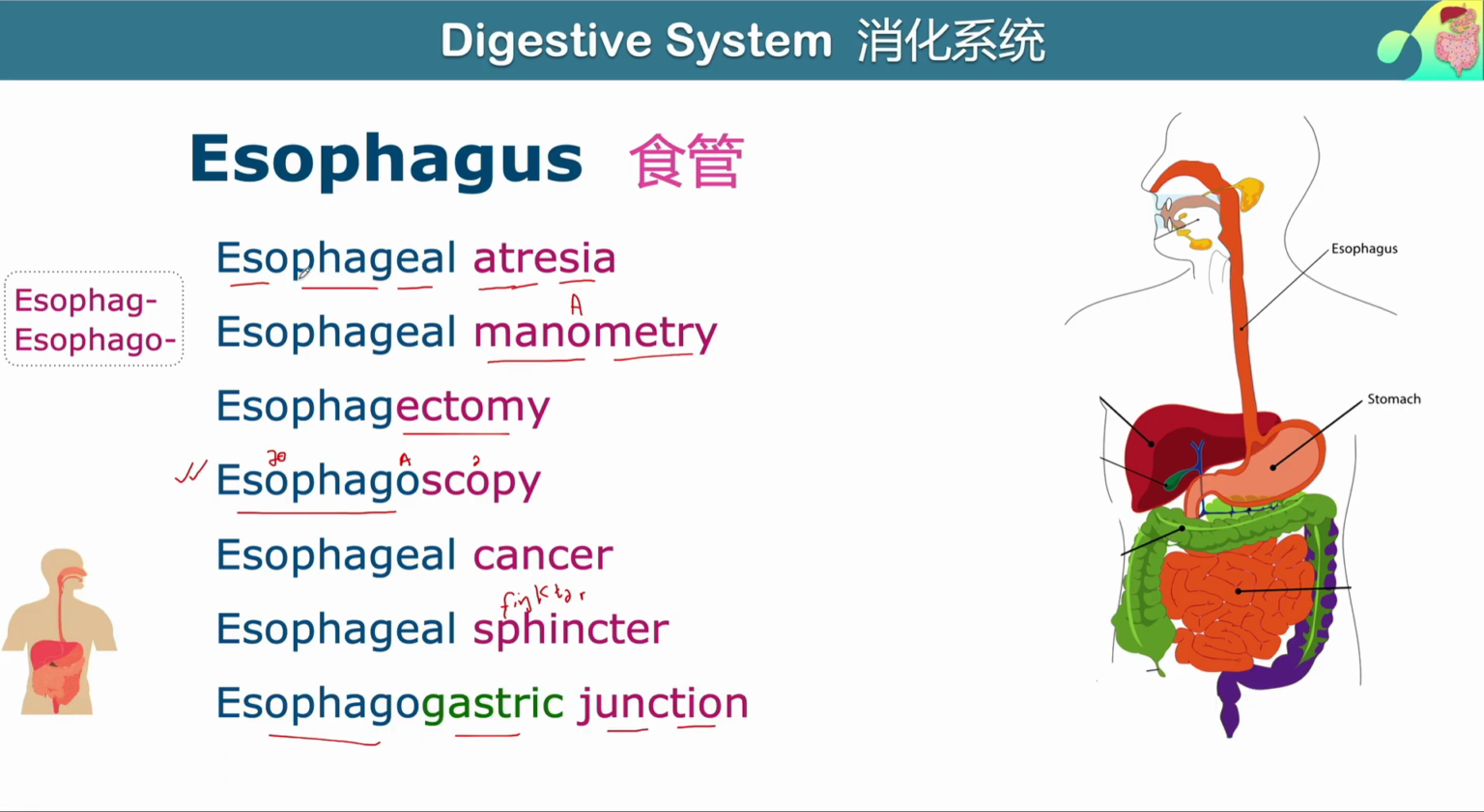Alright, please repeat after me. Esophageal atresia, esophageal manometry, atresia, esophagectomy, esophagoscopy, esophageal cancer, esophageal sphincter,